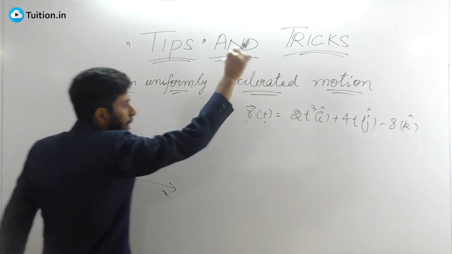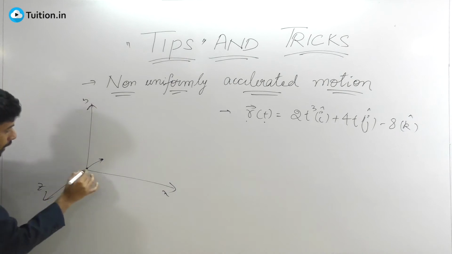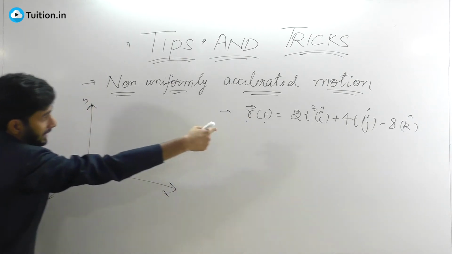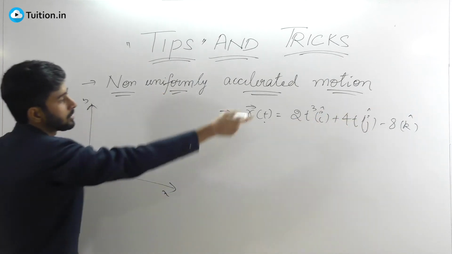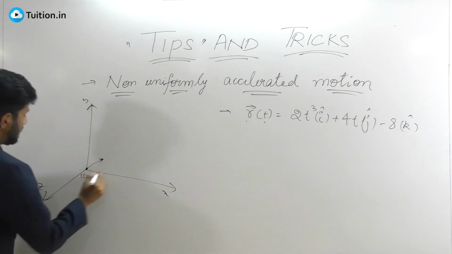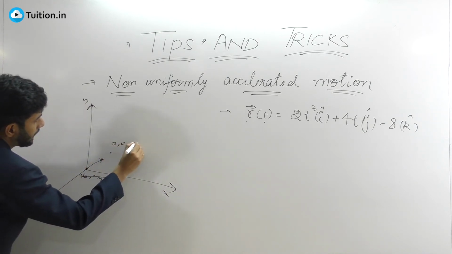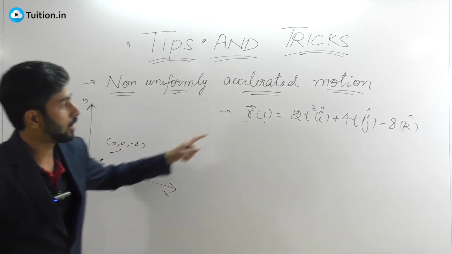So, that means if I put in the value of time, I will exactly know what are the coordinates of the object. So, if an object is at 0, 0, 0 initially, or in fact in my case it's not 0, 0, 0, because if you put t equal to 0, you'll have 0, 0, comma minus 8, right. So, your object will be something here initially, 0, comma 0, comma minus 8, right. And if you project it, I don't know how its path is, but I can always analyze it using that.